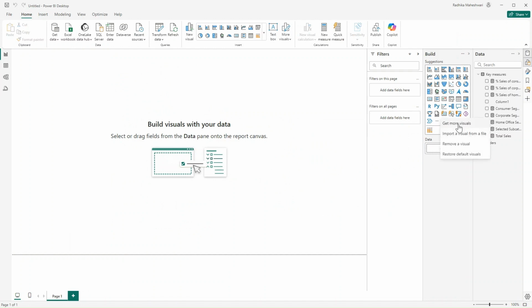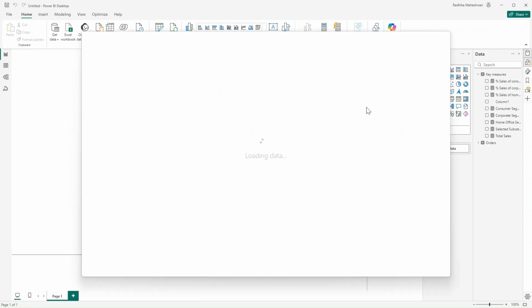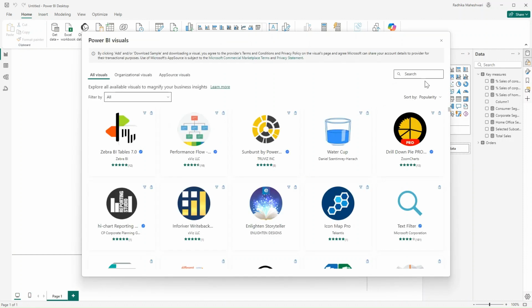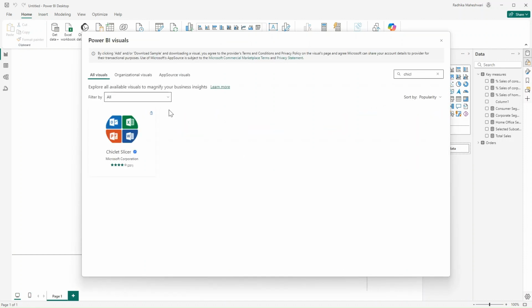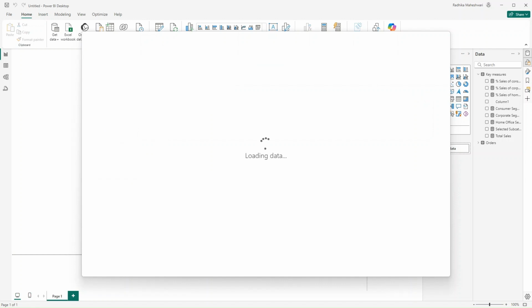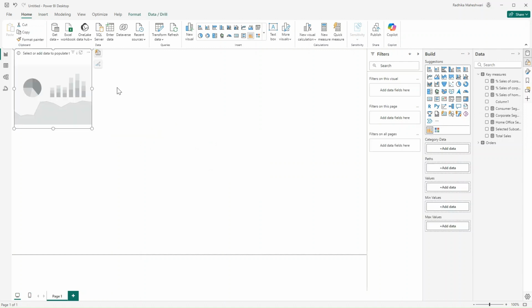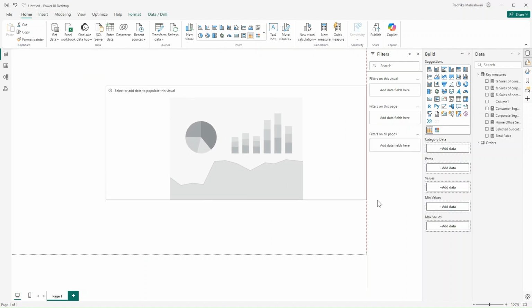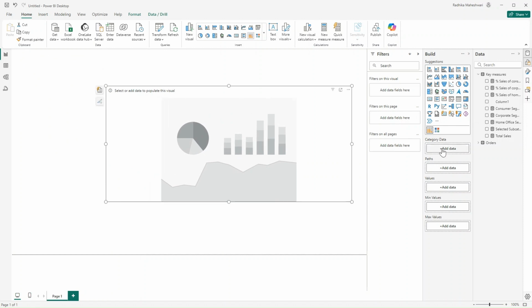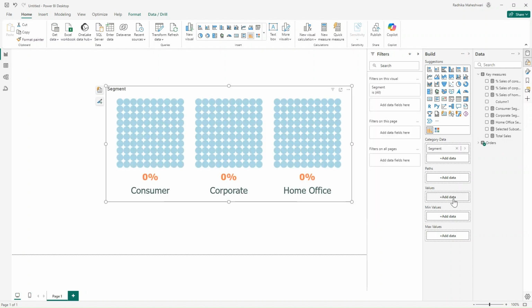Next, we need to get chiclet slicer. So again, I'll click on these three dots and get more visuals. I'll search for chiclet slicer and again add it. Let us start building our waffle chart. So I'll select waffle chart and on category data, I'll bring in segment, and on values,